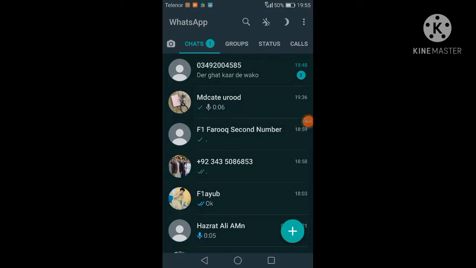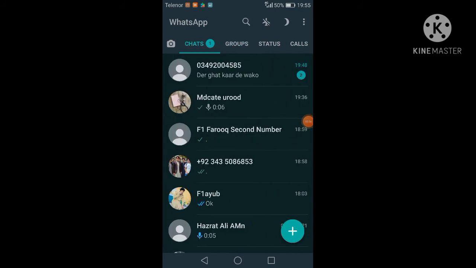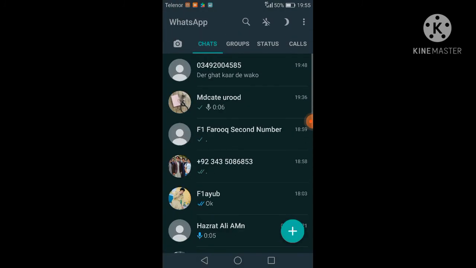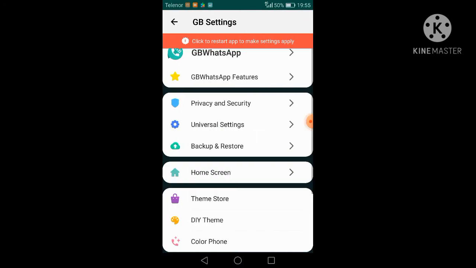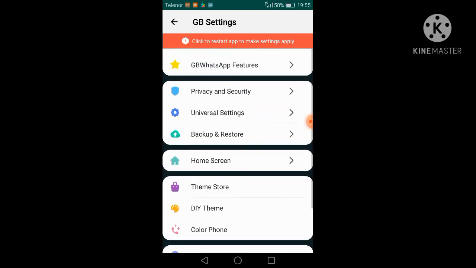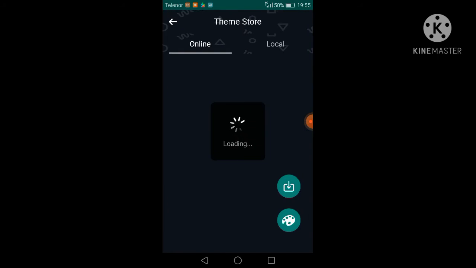Now I will show you how to change this background, the status background and the chat background, everything you want to know. How can you do it? For that purpose, you have to click on the 3 dot button, then click on the GB setting, then click on the theme store. In the theme store there is the online theme and the local theme.